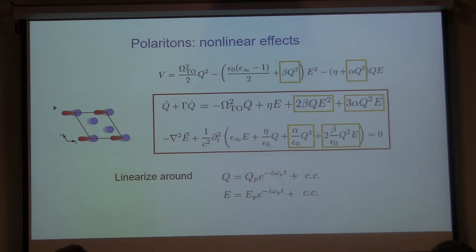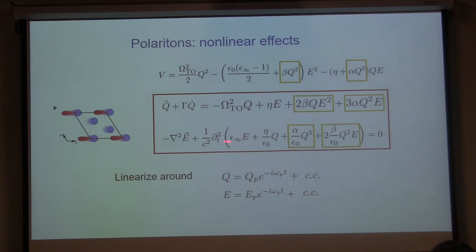And effectively, when we calculate the Bayer dispersion, we just linearize these equations of motion, the Maxwell equations and the dynamics of the phonon, around the vacuum state, the state in which there is no phonon displacement and no electric field. But now we have to linearize after the pumping, when we look at the probe beam. It's important to keep in mind that the first pump is very strong. It very strongly excited the phonon, but the probe pulse is very weak. So we can do linearization with respect to the probe pulse, but we have to be non-perturbative with respect to the pump.